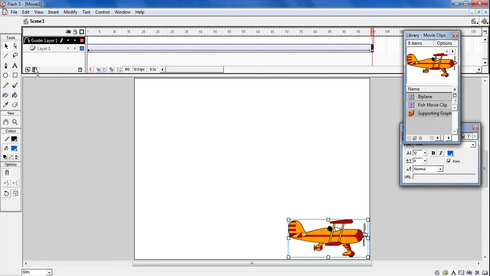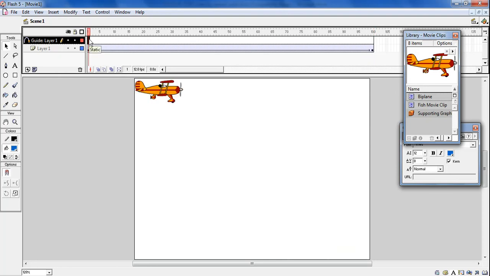In this, what do we have to select? First frame. See, Guide Layer 1 is added for Layer 1. Now click on the first frame of the guide layer. Using a guide layer, we allow the object to move according to the given path. So we need to draw a path here. This will be a free form path, so I'm selecting the pencil tool to draw a free form line.